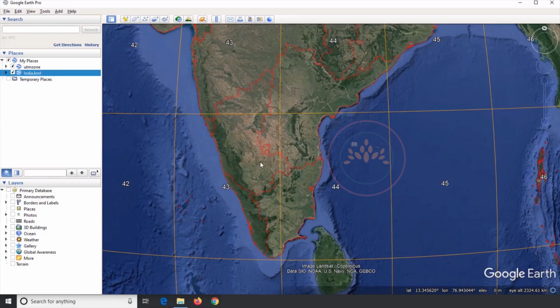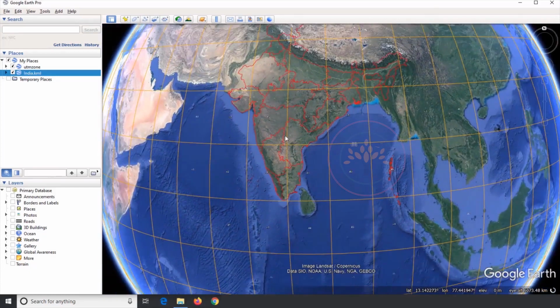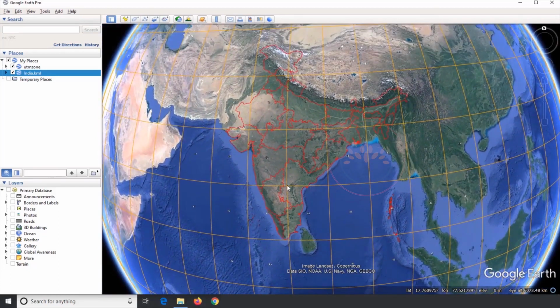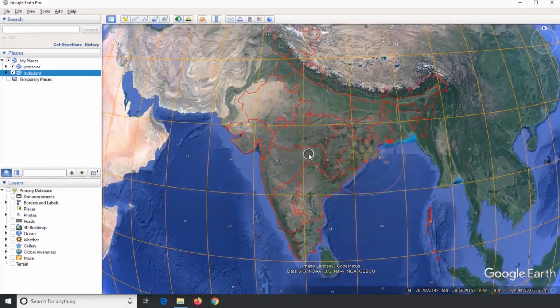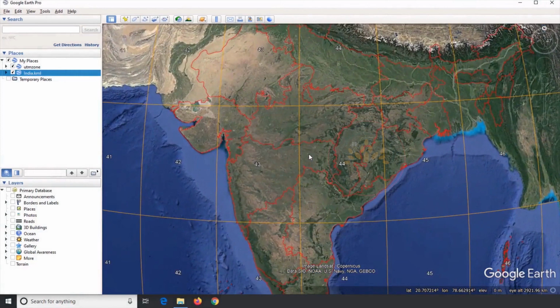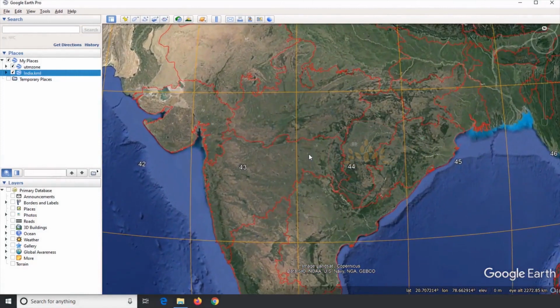In the case of Tamil Nadu and Karnataka, the area which falls under zone 43 should be projected using the 43 northern hemisphere projection system, and the area which falls under zone 44 should be projected using the 44 northern hemisphere projection system. By seeing the UTM zone boundaries, it is clear that most of the Indian states cannot be projected with a single zone in the UTM projected coordinate system, but parts of a state can be projected using the respective UTM zones.